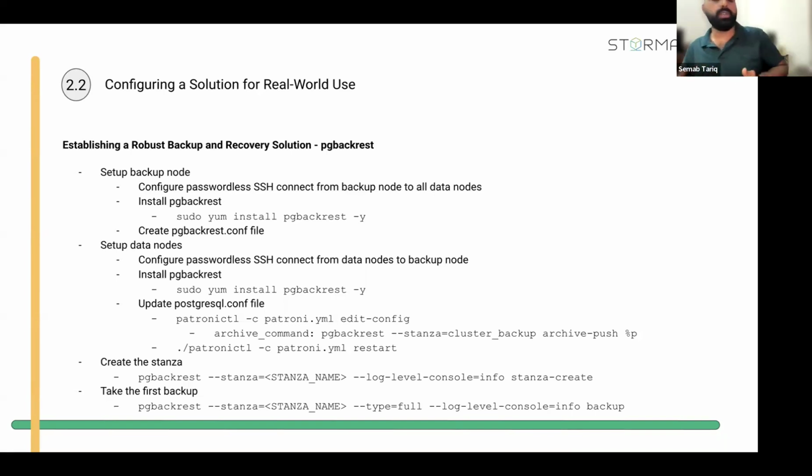Because this is a Patroni-managed cluster, you cannot directly update the Postgres.conf file, which is not recommended. So we are going to use this simple Patroni command, patronictl, providing the configuration file name and edit-config. It will open up another separate window or terminal, and over here you can specify the archive command for pgBackRest. The stanza name will be the same one that you mentioned inside your pgBackRest configuration file,